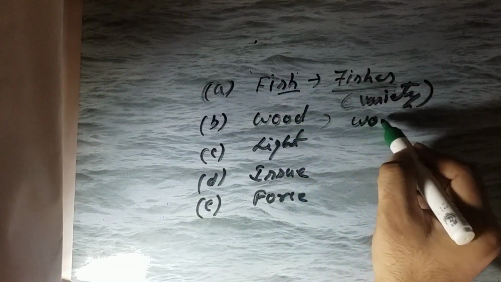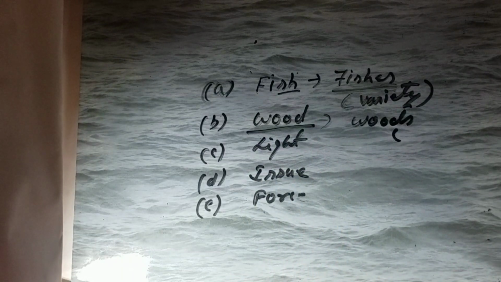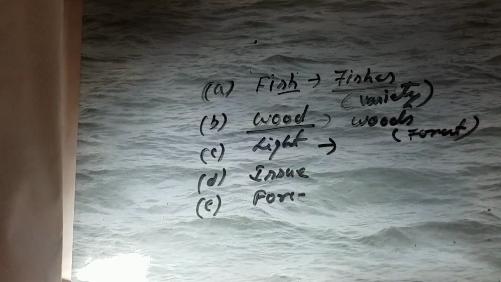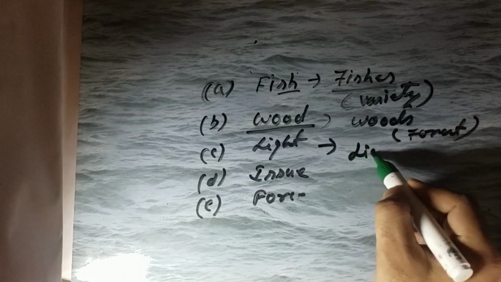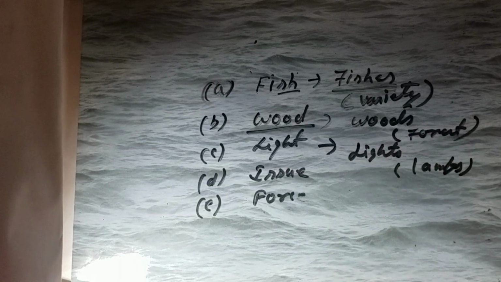Wood means what? Forest. And woods means what? वुड मीन्स लकड़ी, सिंपली, एंड वुड्स मीन्स व्हाट, फॉरेस्ट। लाइट मीन्स व्हाट, यू नो, एंड लाइट्स मीन्स व्हाट, लैम्प्स। लाइट रोशनी, लाइट्स मतलब जिससे रोशनी आती।